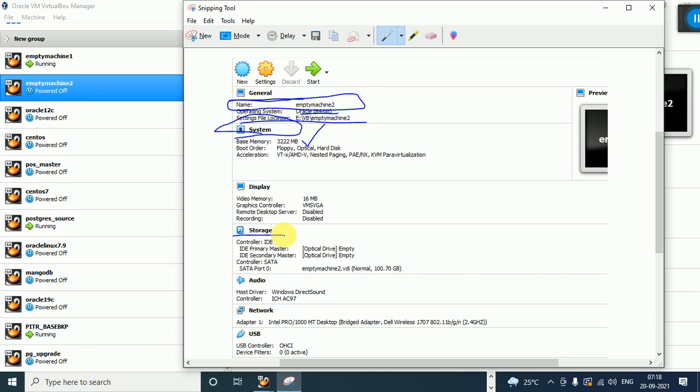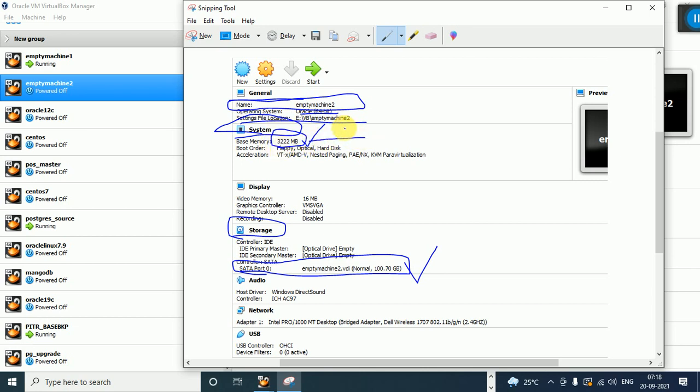Under storage, I want to find how much hard disk storage is assigned to this virtual machine. You can see here the last SATA port 0, empty machine 2.vdi. How much memory, how much storage? This is the hard disk. I assigned 100 GB of hard disk storage for this machine. Memory means 3 GB memory assigned.